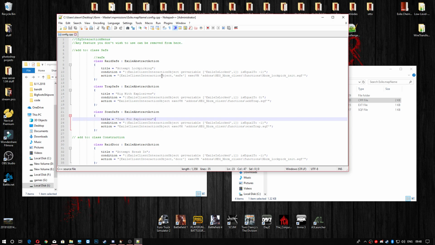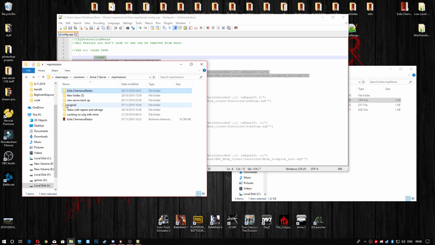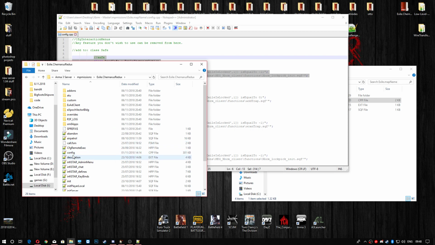You can use just the lockpicking if you want, like I did, and you can just put the lockpicking in for the safes. You can add these scan for explosives or rig with explosives if you want to, but that's entirely up to you. Obviously, you would put these in wherever you need them to go. So if we head into our config,